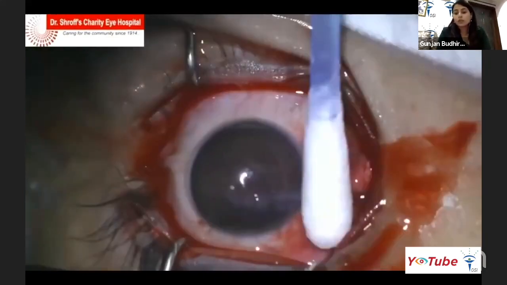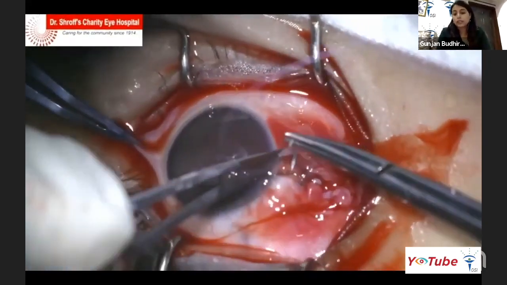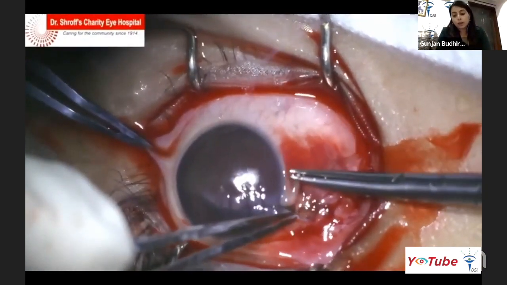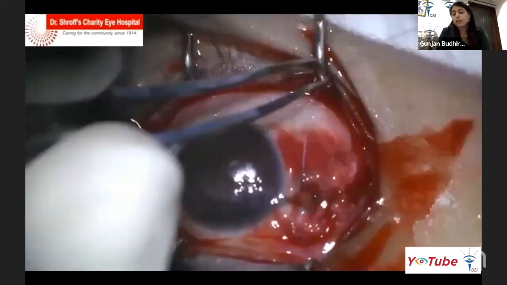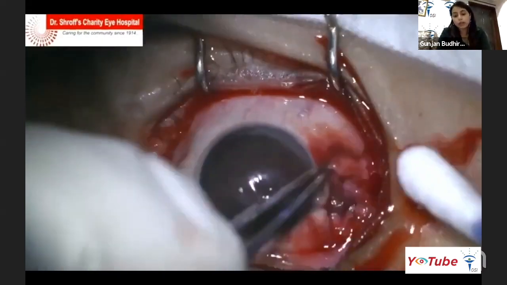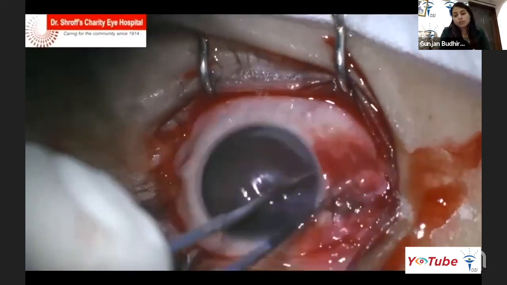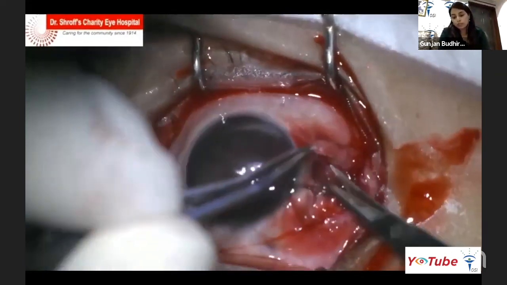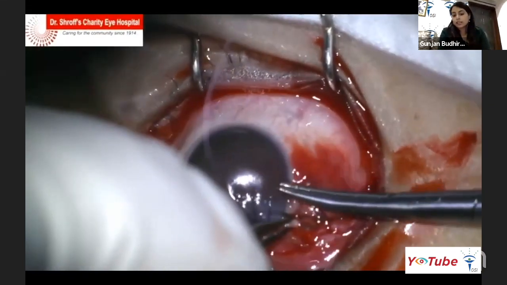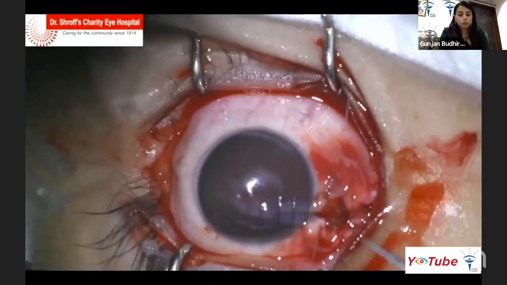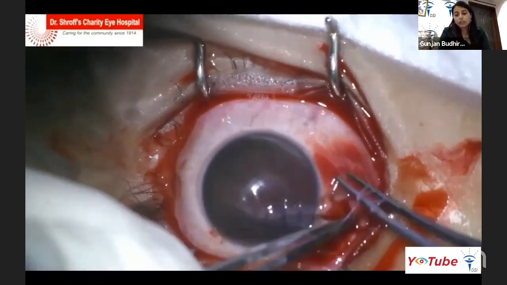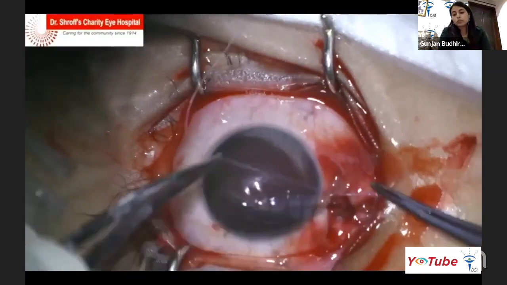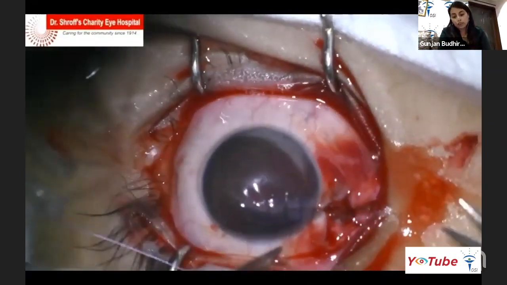And also it is not a very easy suturing, because the wound gaping is there and the tissues are very far apart. So we have to be very gentle and we have to be very patient, as already told, because these are not like normal surgeries. We are giving patients a good globe integrity. So we do not want to rush and have the patient come the next day with some wound gaping and tissues moving out. So we have to be very, very gentle, and we have to be very careful when we are doing these repairs. So the experience for this is very important when we are managing.